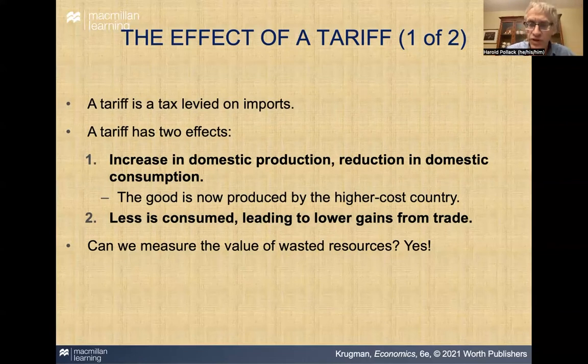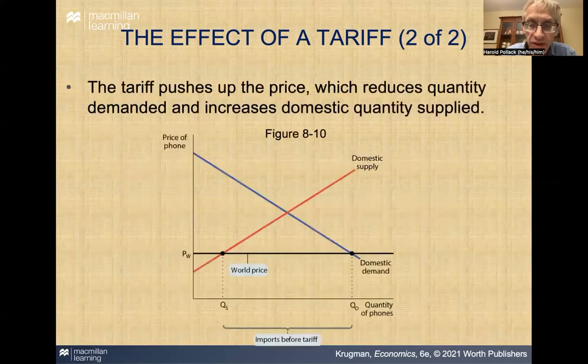And the good is now being produced in a higher cost way. If you really favor domestic producers who otherwise wouldn't be competitive with their foreign counterparts, of course, the good's going to become more expensive. So less of the good is consumed, which reduces the gains from trade. So let's just look at this,